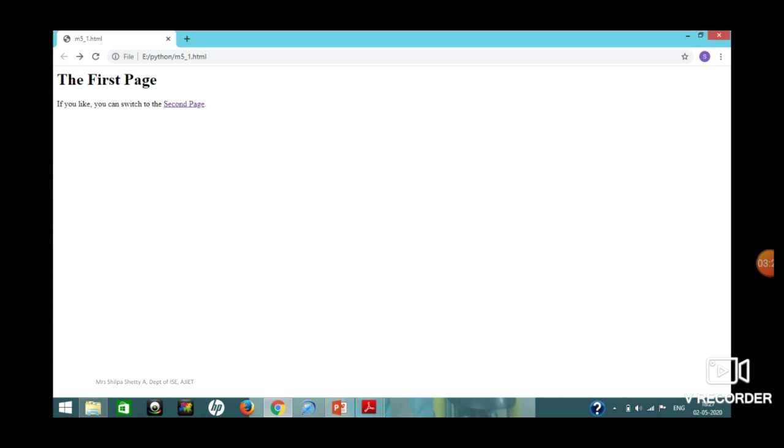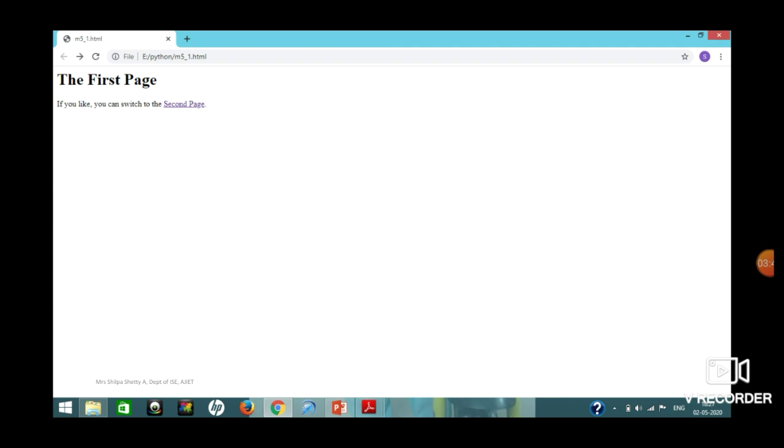In this web server, the page that is getting displayed is the first page, and you can see a text below that. If you like, you can switch to the second page, and if you observe, the second page is a hyperlink, because of the color. If you click on it, you will be taken to one more page.